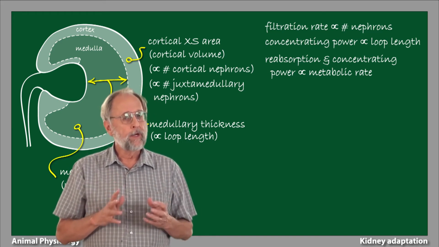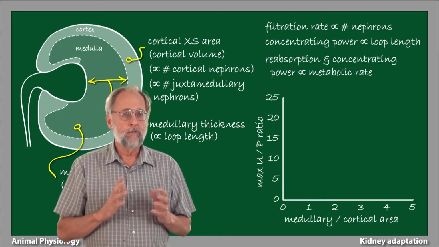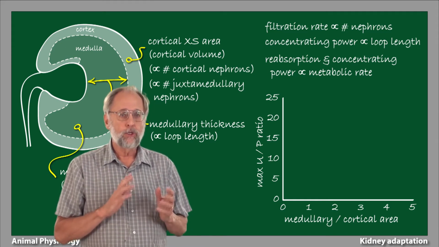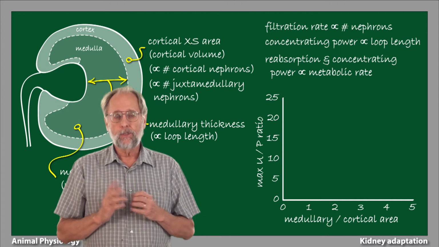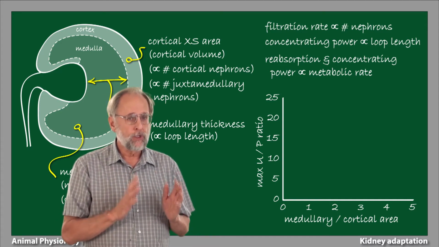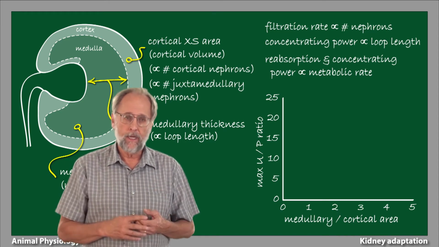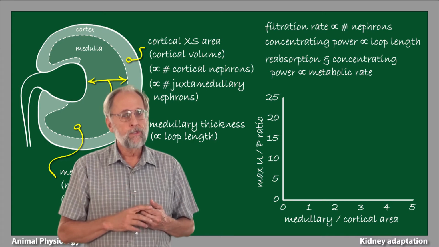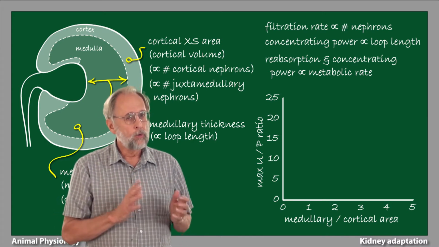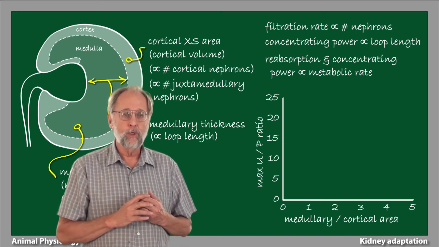You can see the operational consequence of some of these things by plotting a simple measure of kidney structure, what we'll call the ratio of medullary to cortical area, against the so-called maximum U over P ratio, that is the ratio of solute concentrations in the urine over the solute concentration of the plasma. The larger this number is, the more concentrated the urine will be. A U over P ratio of 10, for example, means that the urine is 10 times more concentrated than the